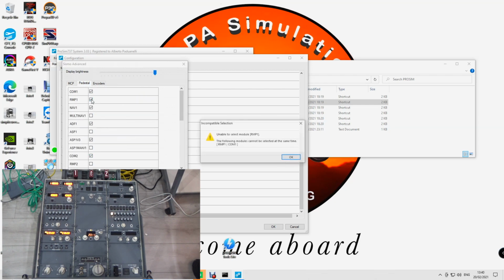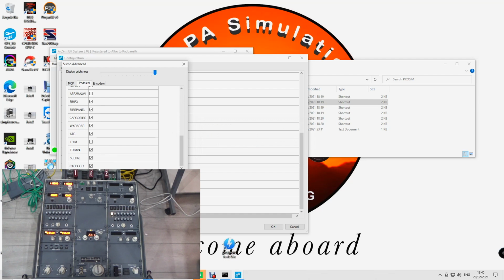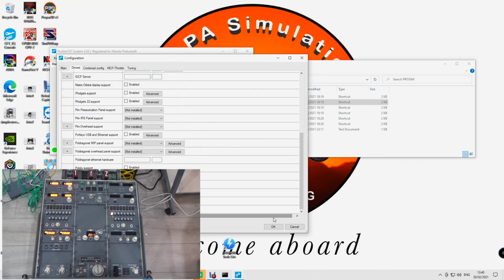Sometimes, if you try to configure something, it will tell you that it's not connected. It depends what your choice for the Pedestal was. For example, the multi-nav, I don't have it, so of course it will tell me that you cannot connect. Why don't I have multi-nav? Because I chose a different version of the nav. Okay, so everything should be already nicely connected. Once you've done, you press OK, you press OK,